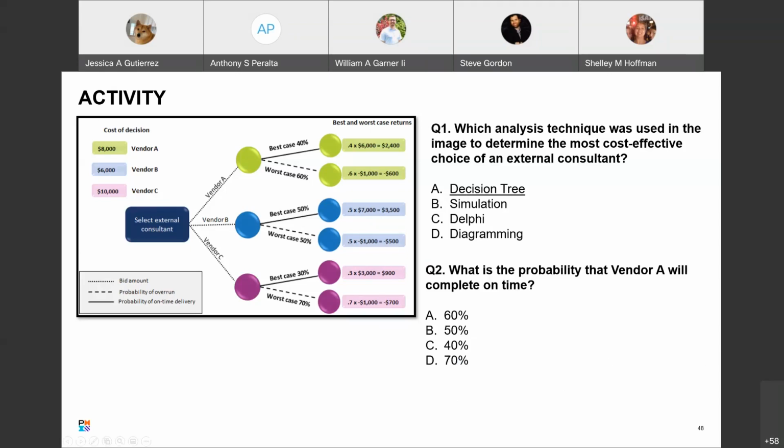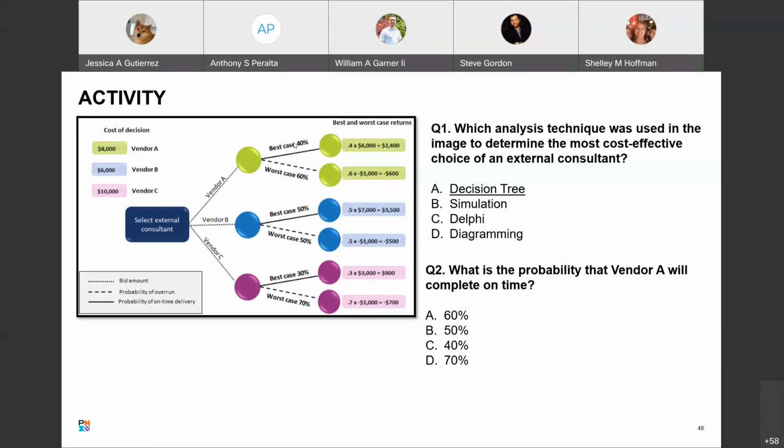Remember the formula. Remember where things are. What is the probability that vendor A will complete on time? Seeing C's, seeing 40%. Anybody challenging C?